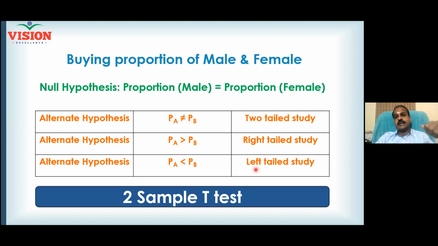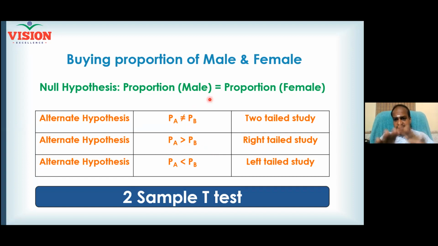And you need to do some study. Some survey has been conducted. Let us say 1,000 male customers were observed, 1,000 female customers were observed. After the study, out of the 1,000, how many actually purchased after visiting the mall? Some people will go inside the mall and come out with empty hands, not buying anything. So the number of people who make a purchase every time they visit the mall, for male and female, has been studied.